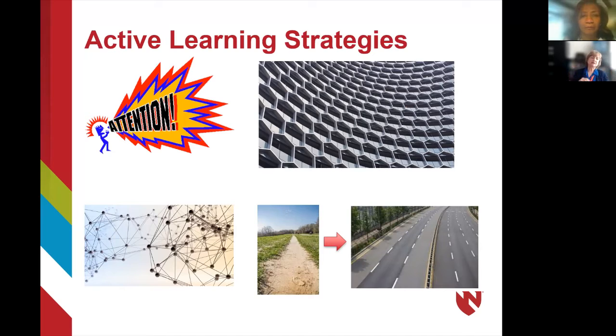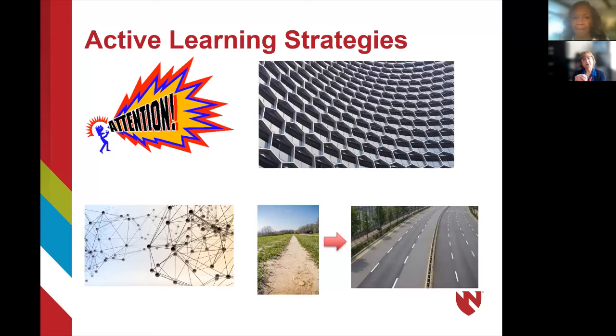So let's go back to our icons from when we were talking about the rules of learning. So active learning strategies. What do I need to do when I'm building an active learning exercise to create efficient learning? Number one, I need to motivate my students to pay attention to the content, whether that is explaining why this is important to them as a practitioner, which is a great way to get them motivated and emotionally engaged in what you're trying to communicate to them.